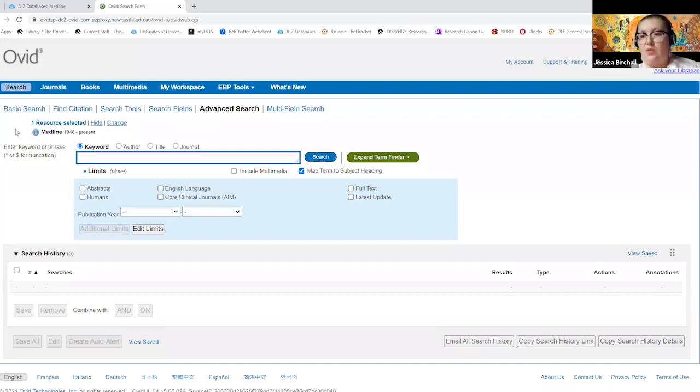So it looks across all the fields. Multi-field, you get a little bit more specific and you can select where you want your search fields to be looked at when you're doing your searching. And advanced search allows you to make that same choice as well. When you're doing an advanced search, particularly a really big search strategy,